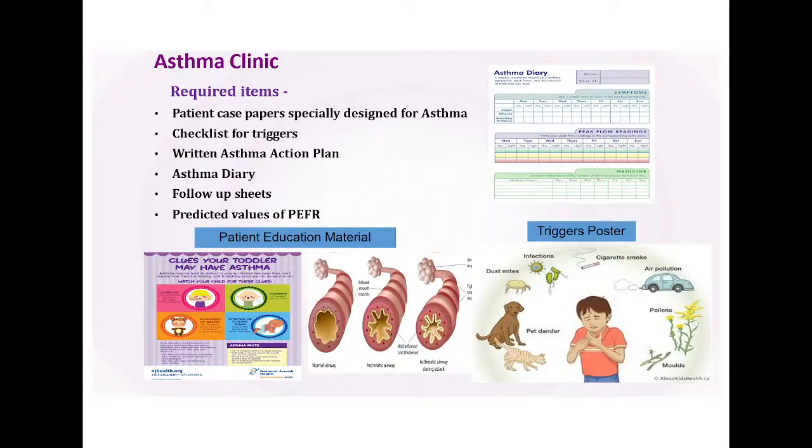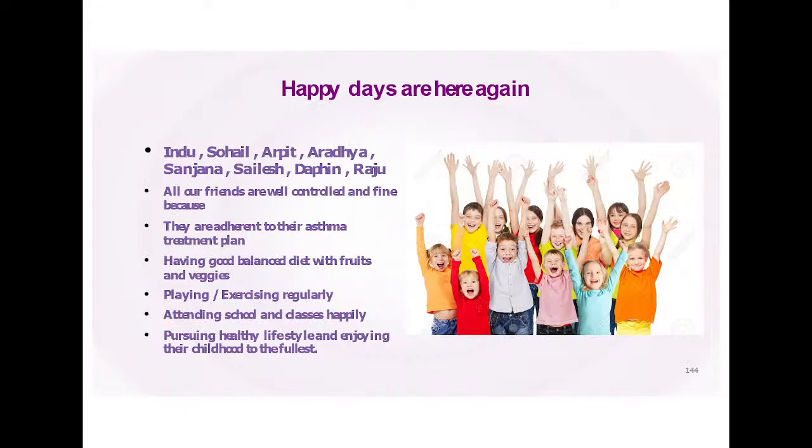Like these airways, how the asthmatic airway manifests, the bronchoconstriction, the smooth muscle and collection of mucus in the airway, and the posters on the triggers like infection, cigarette smoke, air pollution, pollens, molds, pet allergy. These things you can avoid in the home, and if you control the asthma with appropriate management and acute severe exacerbation with timely management, then all will remain well, and they will do better in school, and the growth will not be hampered, and the lifestyle also we have to explain in this group.